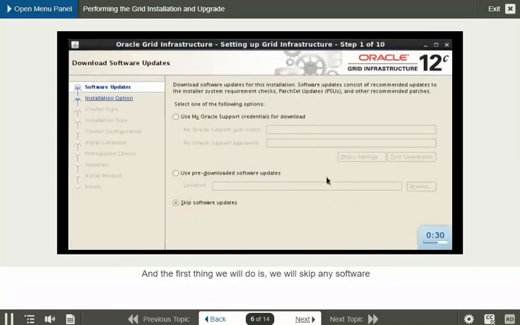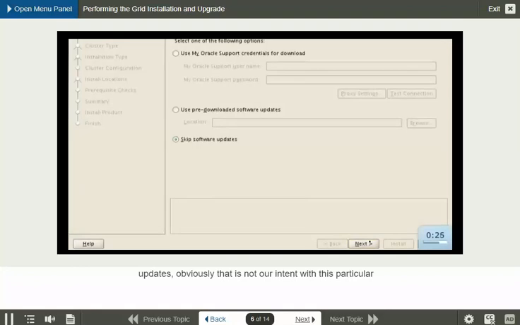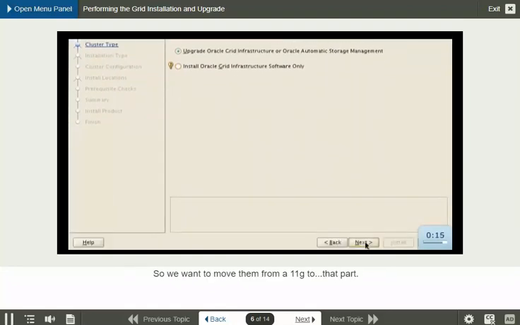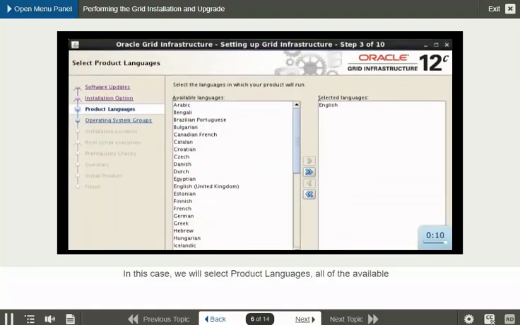And the first thing we'll do is skip any software updates. Obviously that's not our intent with this particular exercise. And we're going to upgrade Oracle Grid infrastructure and the Oracle Automatic Storage Management. So we want to move them from 11G to that version. In this case, we'll